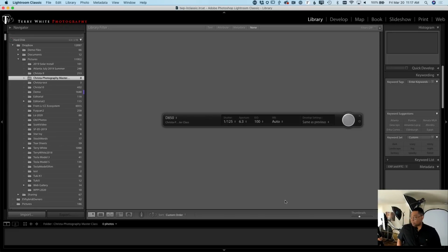All right, so now that we've done that, the next thing we're going to do is take a shot with just, again, available lighting. So not going to be great. If I were just shooting with available light, rather than try and shoot my way through the settings, I would just switch my mode to aperture priority, because that's going to automatically adjust your shutter speed for the available light based on what you have your aperture set on. So I'm going to set my aperture to 5.6, and I'm also going to set my ISO to be auto,